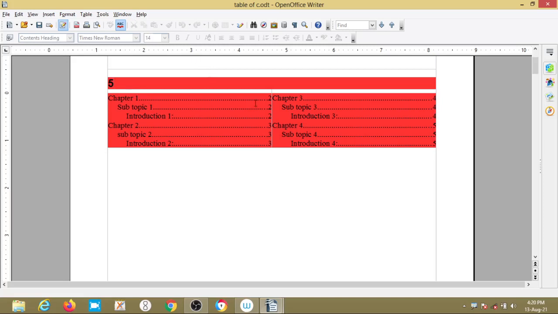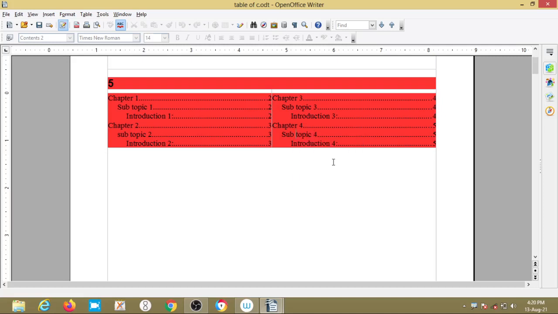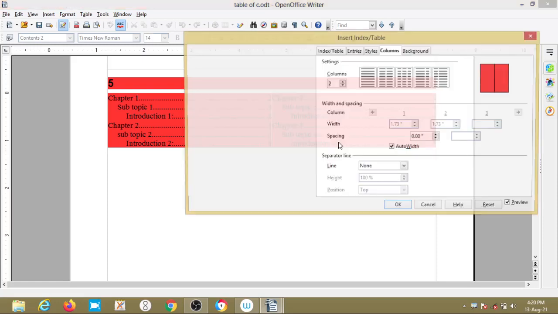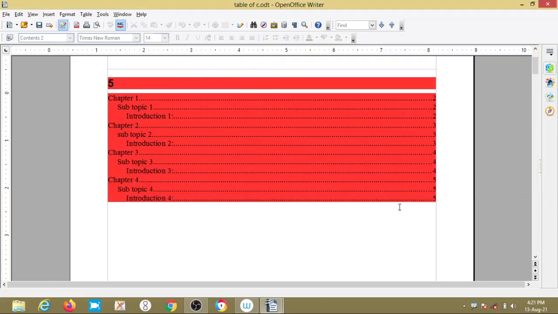Here we can't change the things, right? That's why these are the 2 columns. What I can do, so columns 1, okay. So here what happened, the table of contents is gone.